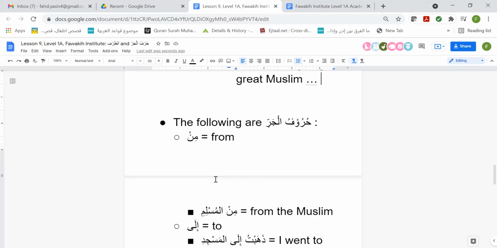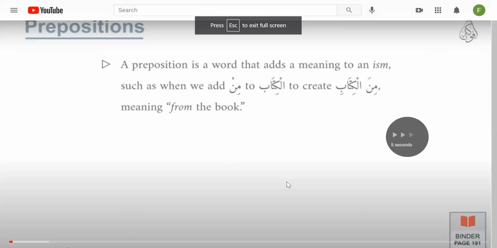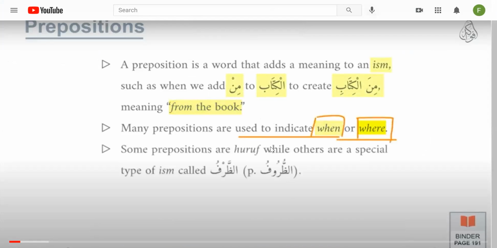Now, this is the concept of harf jar. As you can see, it's a critically important concept to know. Let's see what the next thing is. So I went over the vast majority of this, okay? I think you guys can see my screen, I'm not sure. Prepositions in English indicate the meaning of when or where. Same in Arabic, right? Just something to keep in mind. If you notice the huruf al-jar that we went through, min, ila, an, ala, fi, ba, kaf, lam, they all indicate the meaning of when or where for the most part, okay?